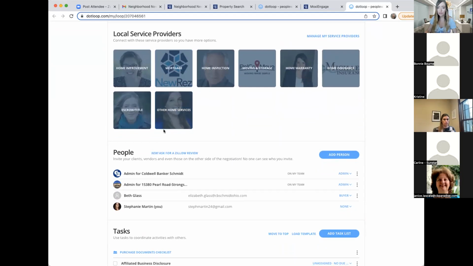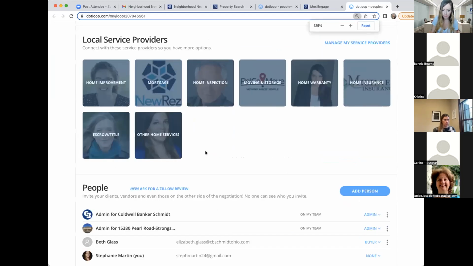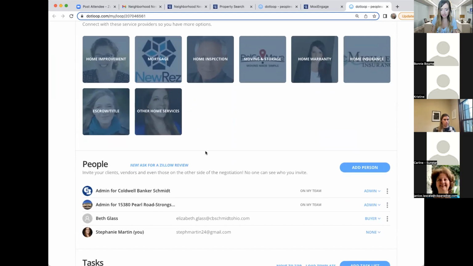But the beauty here of that full circle moment that I wanted to really point out so we can finish up here, look at that. Zoom in here. Look at this integration between Dot Loop and Zillow. Now, I've done my work in Moxie Engage. It created the loop for me in Dot Loop, right? We're doing the transaction in Dot Loop, and when it's done, I would love to ask for a testimonial, but